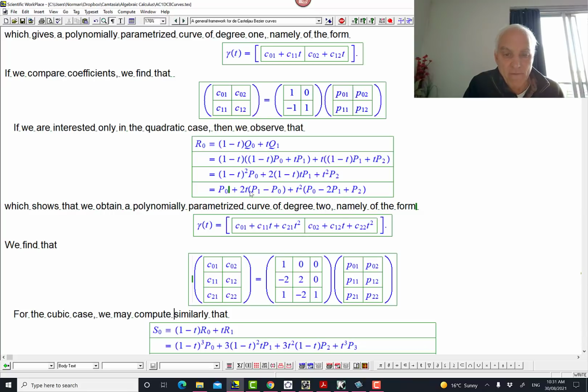And the form of what we're getting here is essentially encoded by this linear algebra equation. Over here we have in the first row the constant terms. Then the second row is the linear terms, C11, C12, and the third row are the quadratic terms, and given by this 3x3 matrix. Cool. So some linear algebra is happening here.